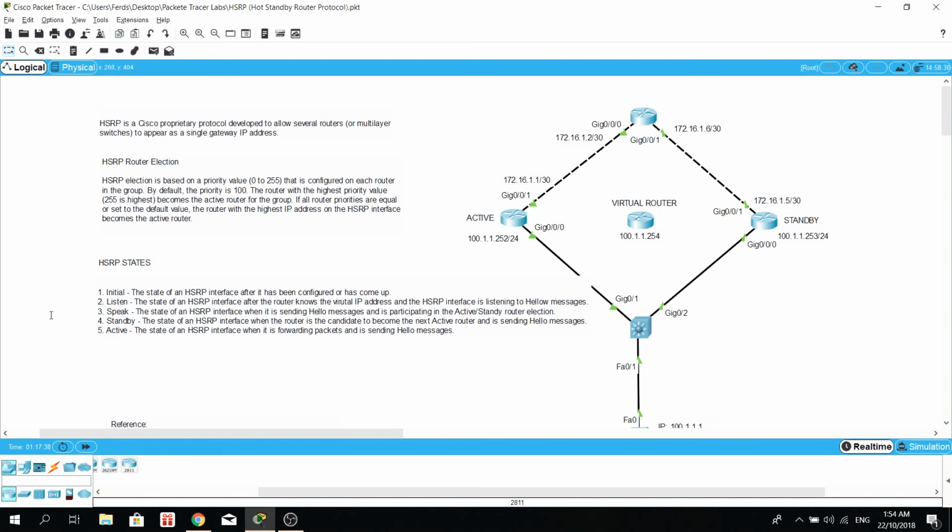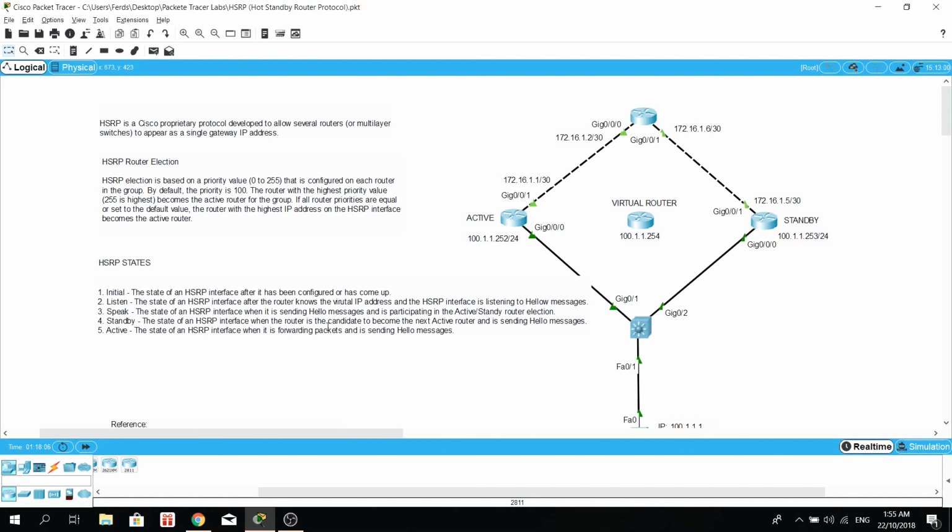Number 2 is listen. The state of an HSRP interface after the router knows the virtual IP address, and the interface is listening to hello messages from the other routers. Number 3 is speak. The state of an HSRP interface when it is sending hello messages